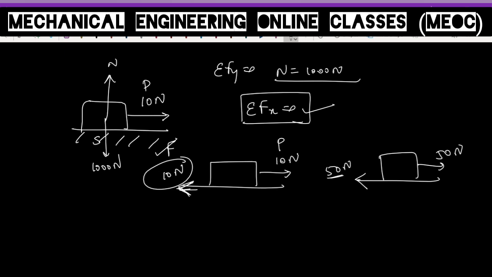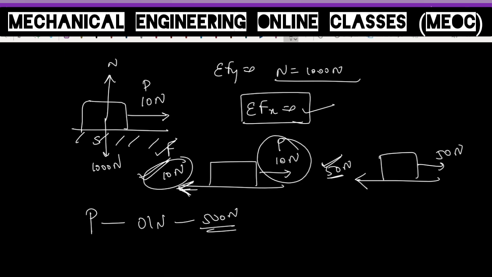So what are we going to conclude from this? Depending on what external force is there, in order to produce a relative motion between two objects, our frictional force is changing based on the given P. P was once 10 Newton, later 50 Newton, then 100 Newton, 150 Newton, up to 500 Newton. So P changed from almost 1 Newton to 500 Newton, and the object did not move, which means the friction is changing its value according to the P that is applied.